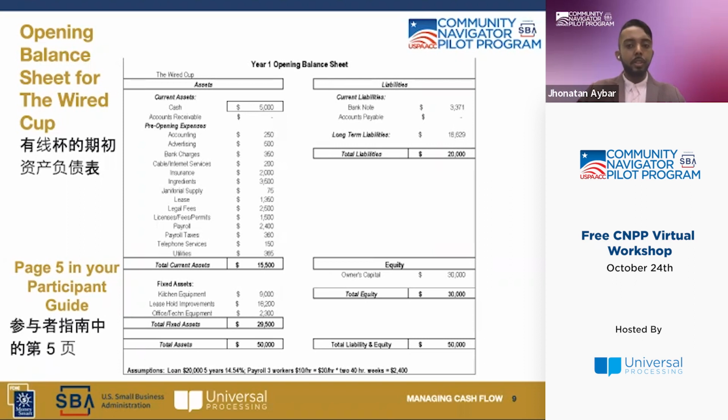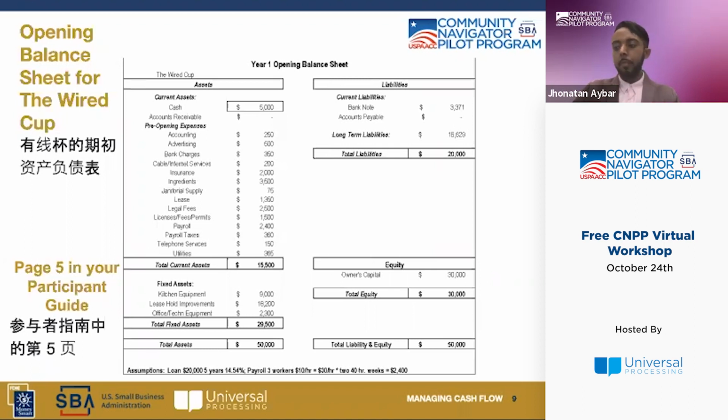This opening balance sheet tells a story: how much money Bob had to start his business, how he financed it, what he did with that money, and how much was left over to run the business. So basically, a balance sheet is an accounting tool that describes the business assets and the business liabilities. These are concepts that we'll review here so that you feel comfortable, and before I move forward, I will briefly discuss these concepts.